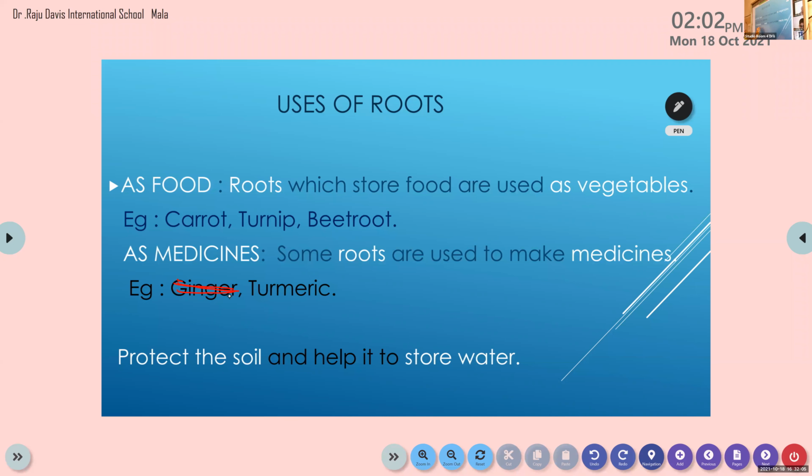Okay, that is not correct. In the textbook also it is given. That is why. But after searching, I understood turmeric. Turmeric. That is a root which has many medicinal properties. Turmeric, yellow colored turmeric. Have you heard? Have you seen it? Yes, we can use it in our food, curries.